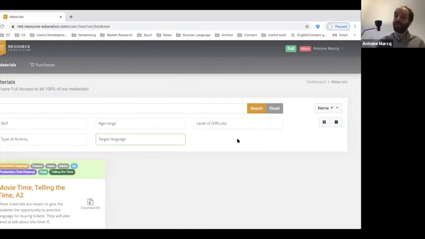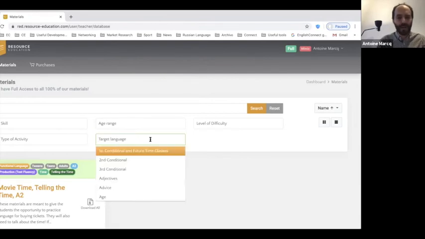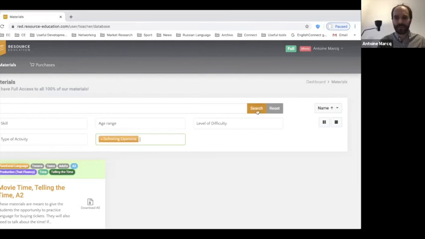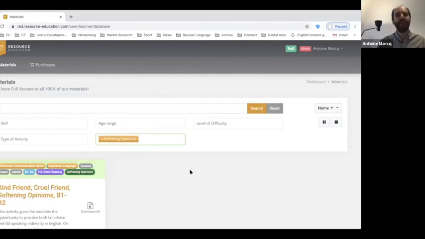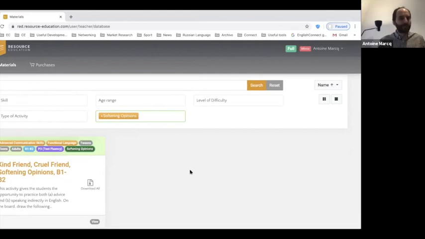Okay, it is 2:30, but there's one more activity I did want to show you. We are now going to go to a soft skill or an advanced communication skill: softening opinions. Now, we're going to gradually add more and more of this functional language, advanced communication skills, or let's call them soft skills as well, to the website, because these are a great way to